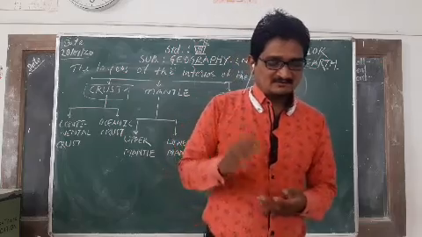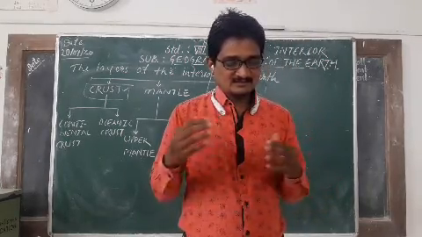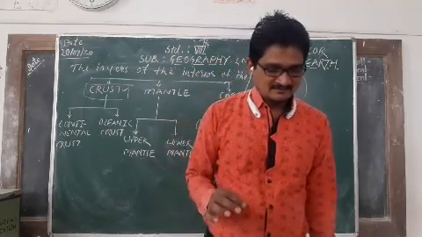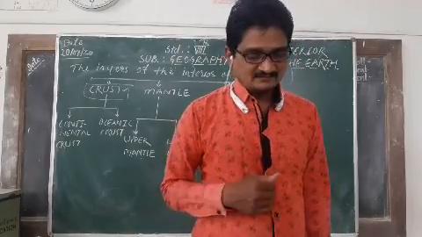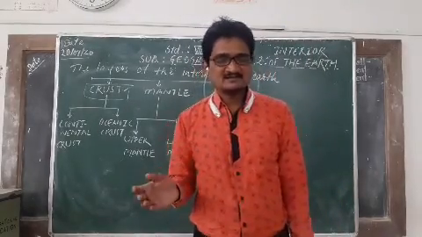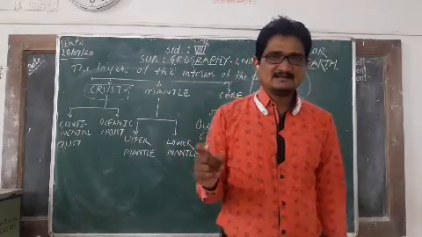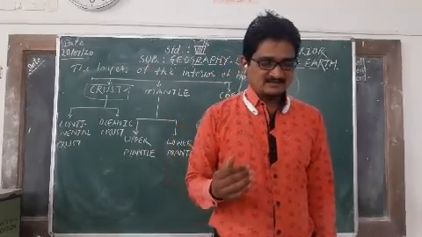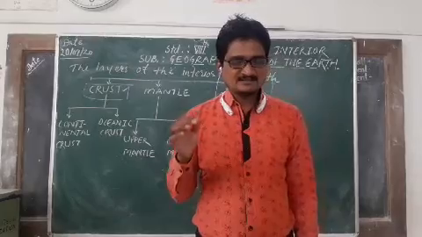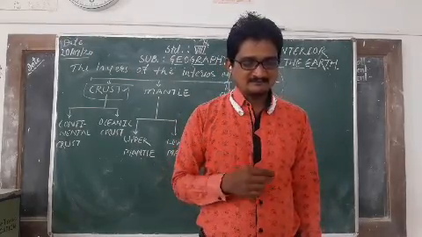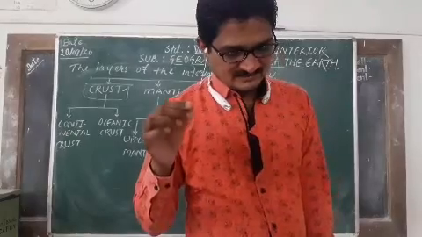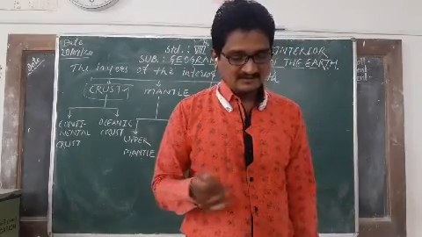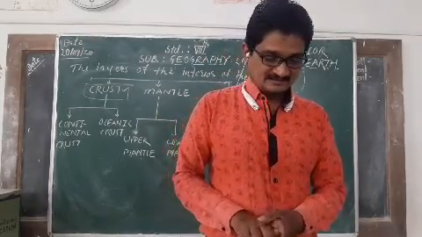Okay. Because of their high proportion in this layer, the layer was earlier known as Sial. For fill in the blank, you should note down this also. Because of their high proportion, high density in this layer, the layer was earlier known as Sial. So this layer, continental crust, earlier known as Sial. The density of continental crust is 2.65 to 2.90 gram, and the thickness of this layer is approximately 30 kilometers. Granite rocks are mainly found in these layers.